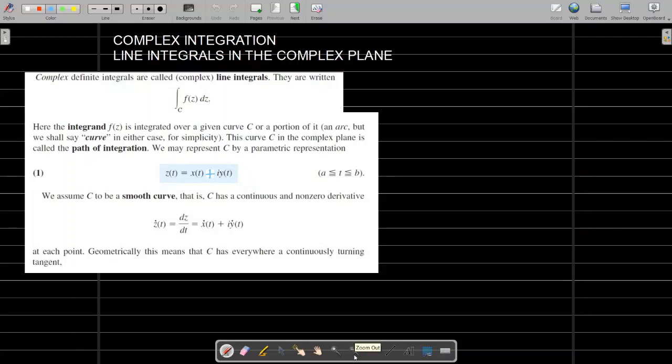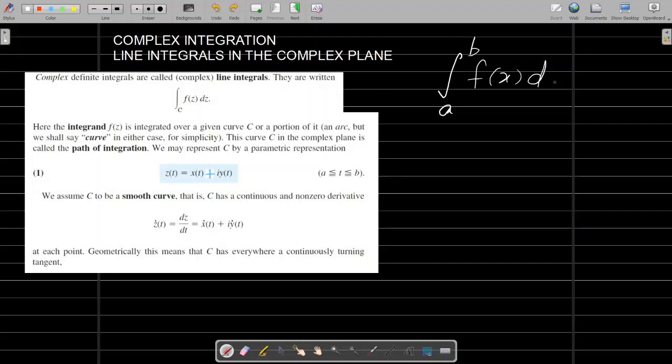In this video, we are going to discuss line integrals in the complex plane. Complex definite integrals are called line integrals. That is, in the real domain, you have definite integrals. As an example, let us take the integral from a to b of f of x dx, some function f of x. So what this means is we are integrating this function from a to b